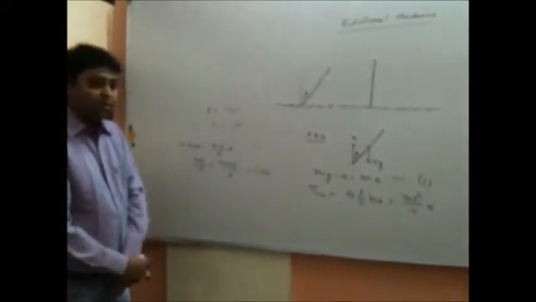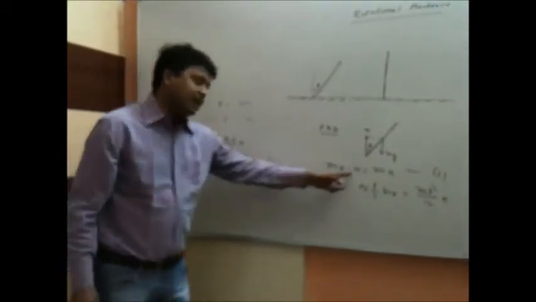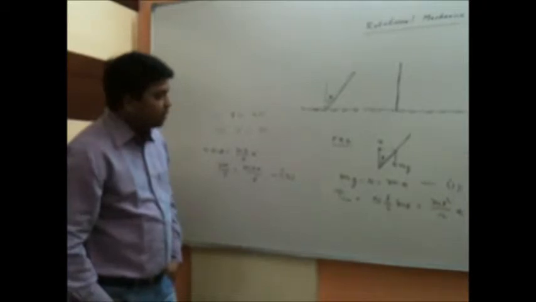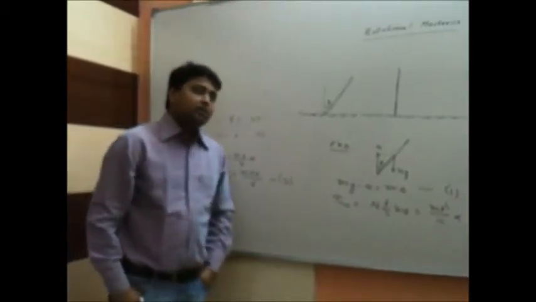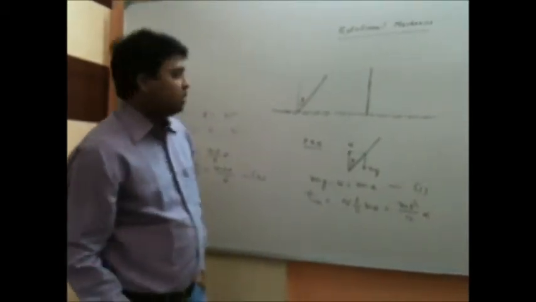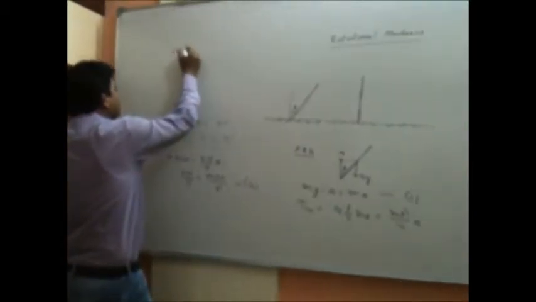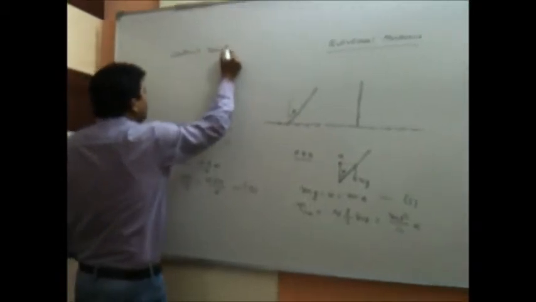By seeing these two equations, we can say that a is unknown, alpha is unknown and N is unknown. We cannot solve. We need one more equation. How can we apply one more equation? This is a very important thing one should know to crack the problem. That is, the constraint relation we have to apply. In most problems of mechanics, we use a constraint relation.